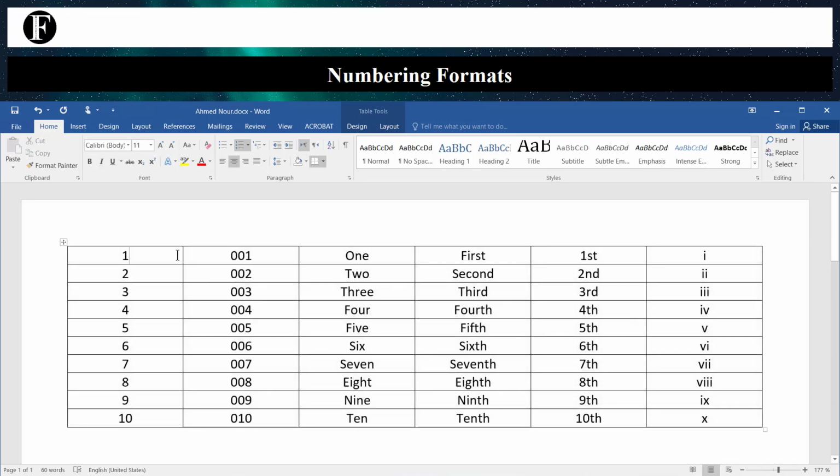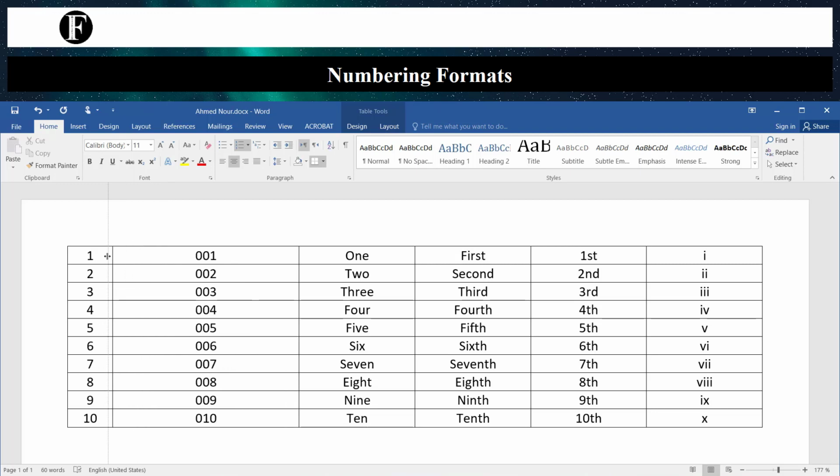We can also change the format for the numbering lists, such as adding brackets with the number.